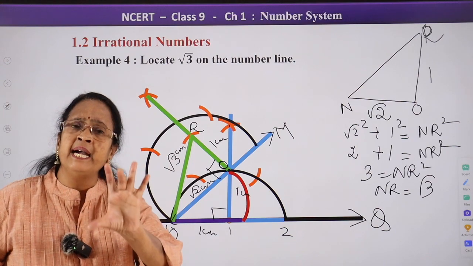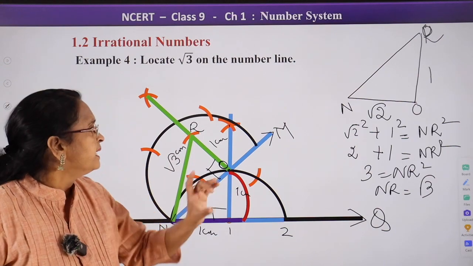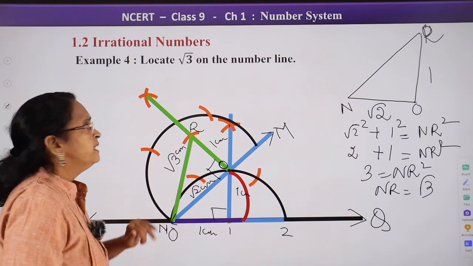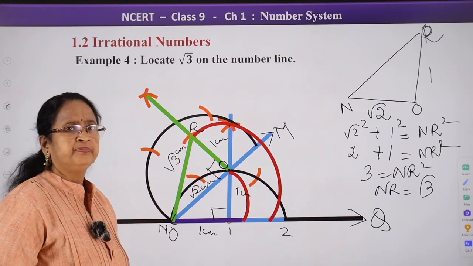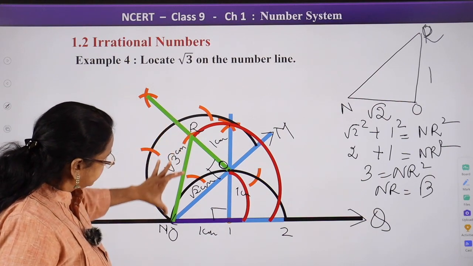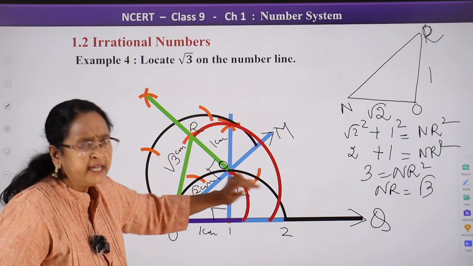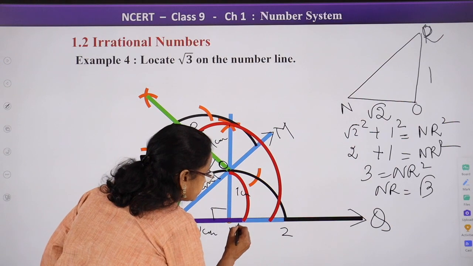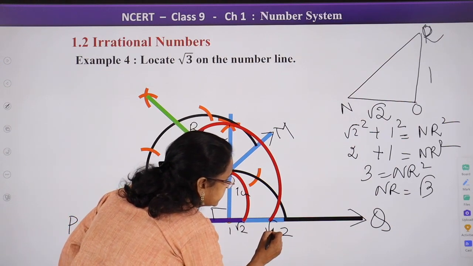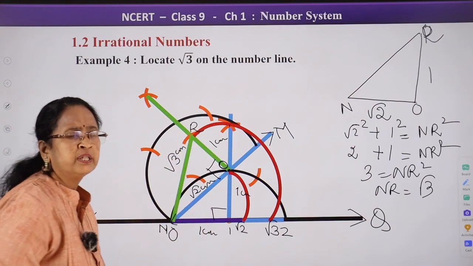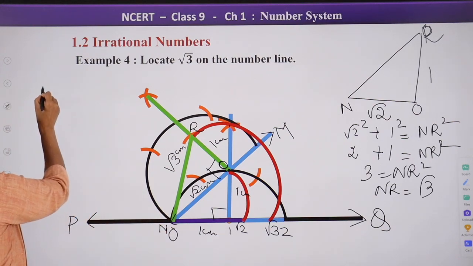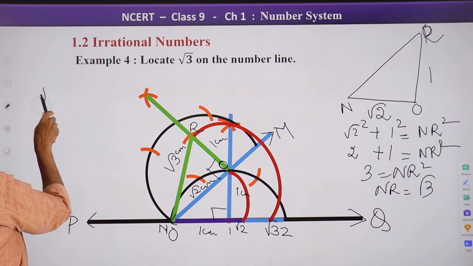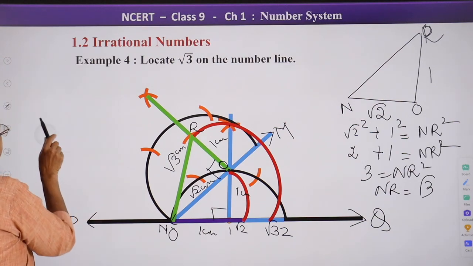Taking radius as NR, I cut an arc. Now, this is the arc. This was root 2. Now, this is root 3 on the number line because